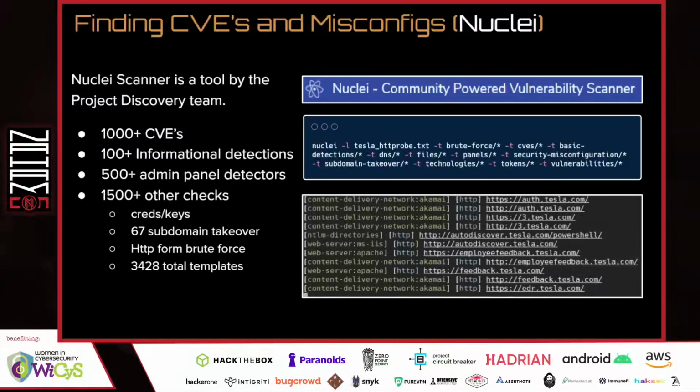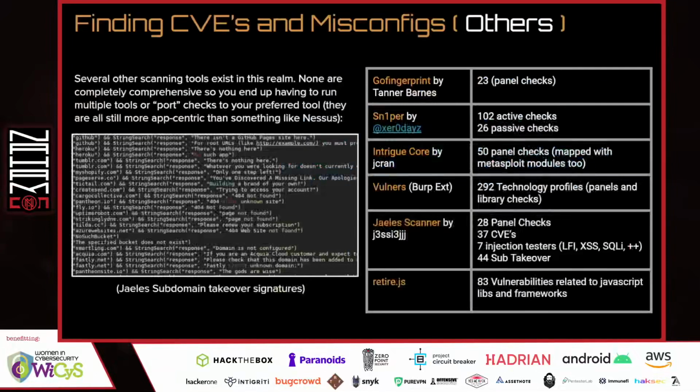by Project Discovery. It has 1,000 plus CVE checks, 100 plus informational detections that give information about different technologies, over 500 admin panel checkers, and a total of over 3,000 templates that give you security information about a site. This is the same kind of stuff that Nessus does, and it's really powerful. There are a lot of checks, and Nuclei is one of the perennial tools in this area right now. Now there are other tools to find these CVEs and misconfigurations